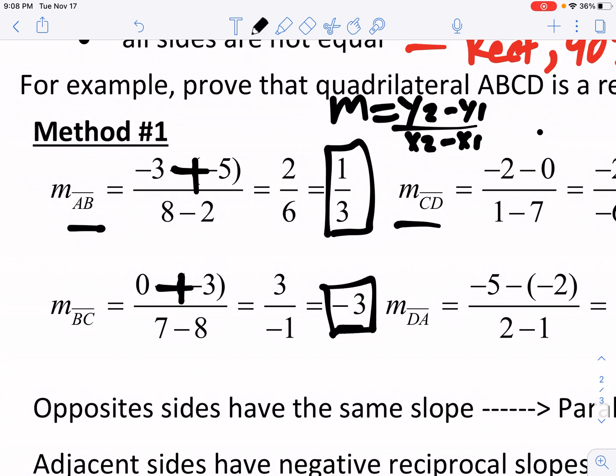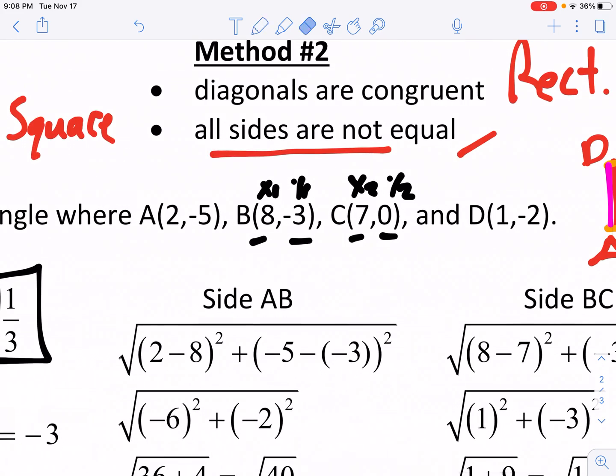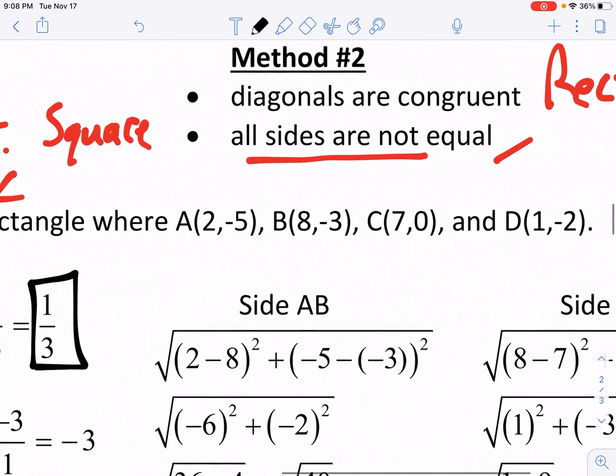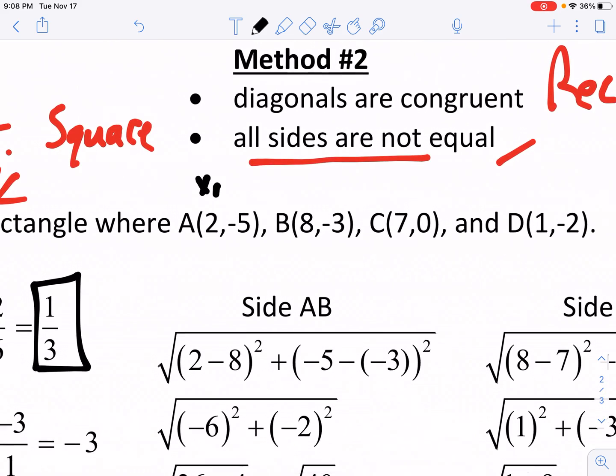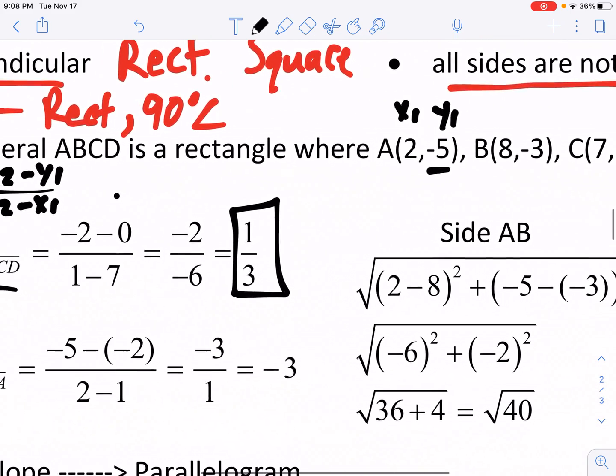Now we also have to check the opposite side DA and see what we get there. So again, changing our x1, y1, x2, y2. We're looking at DA, so x1, y1, and then x2, y2. So we'd have a -2 minus a -5. Oh, wait, they went backwards. They were going the other way. So let's go